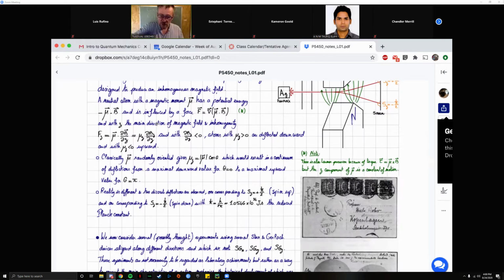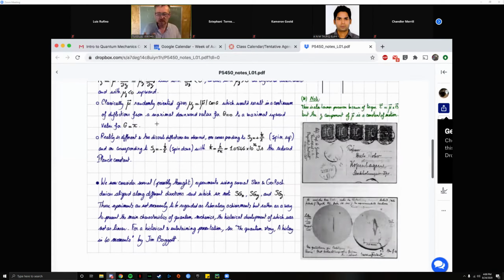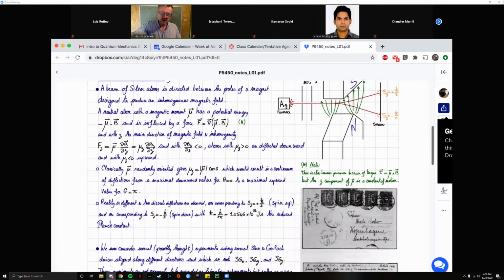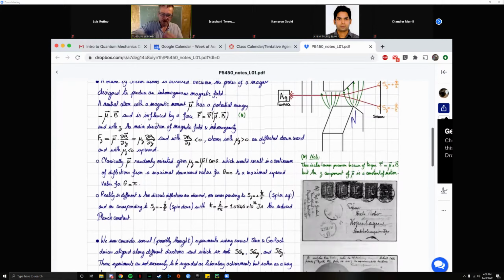So that means that at the time when Stern and Gerlach did the experiment, some few weird people maybe were still doubting the existence of atoms. That was an idea that was still there, right? But if you believe that there are atoms, which I encourage you to do,